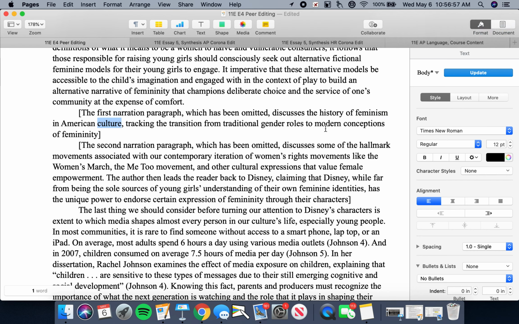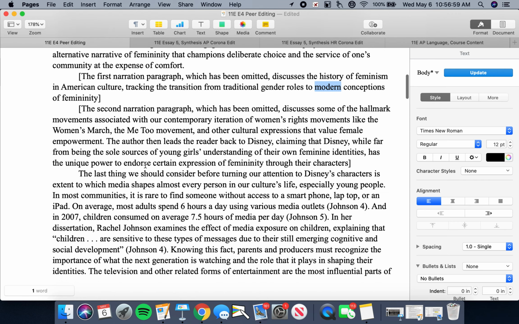It leaves us in the modern era. Then the student talks, again, not a 5-page summary, but a brief one paragraph commentary on those modern conceptions of femininity, and then narrows the focus, notice, back from sort of broad cultural expressions of modern feminism and femininity, to Disney. All right, and saying Disney also plays a role in this, right? Which is, again, self-evident, right?